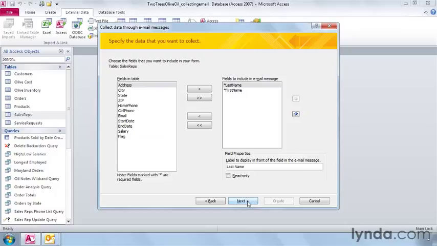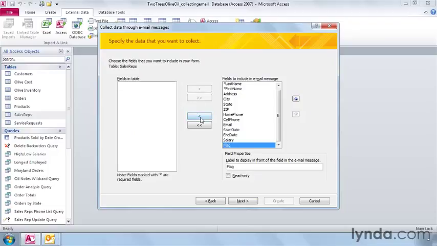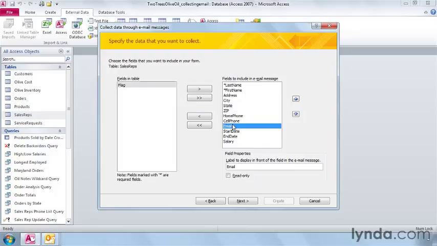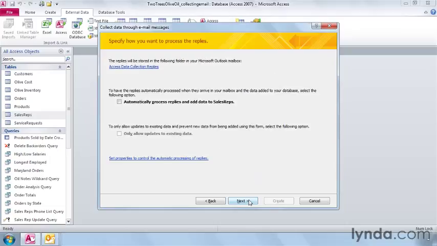Click Next. Now you can choose what fields you want them to verify. We'll move them all over, but then move back flag. If you want them to see labels other than your actual field names, you can modify them here. I'll change email to email address. And click Next. We want to automatically process the replies and add data to the sales reps table, so make